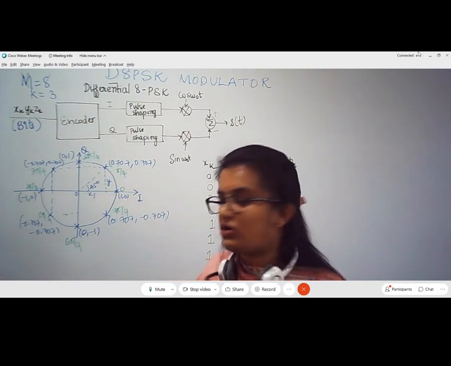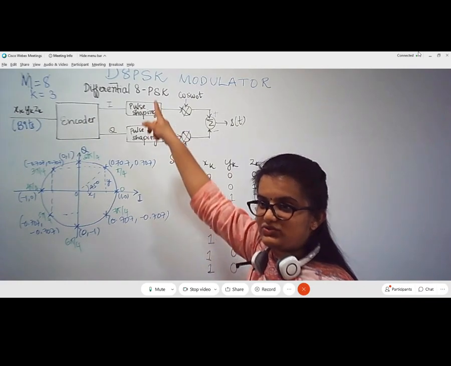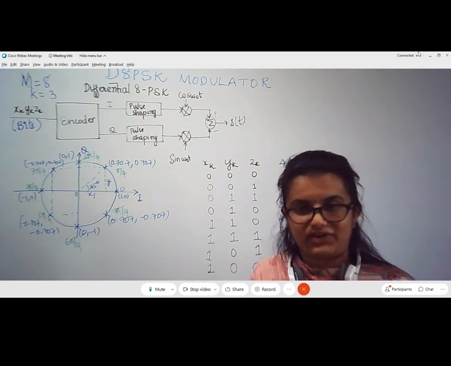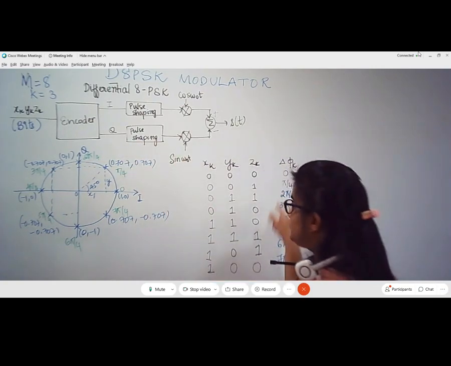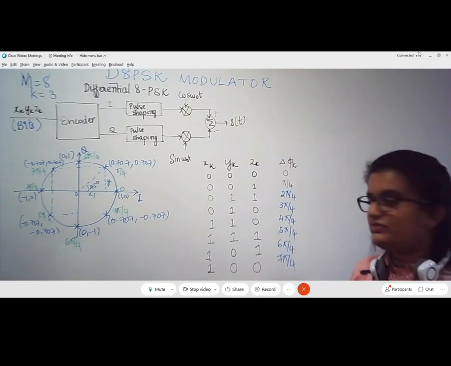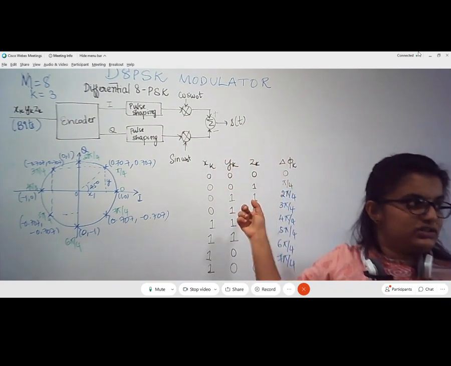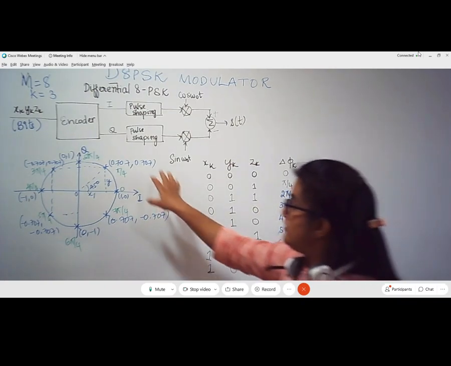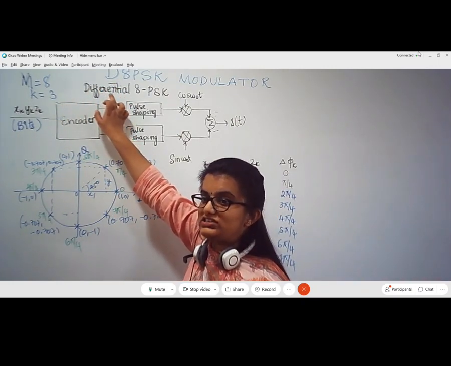And to send that symbol, you are going to assign a carrier waveform. To do the carrier assignment, I need phase, because we are talking about phase shift keying. All the 8 symbols should have their own unique phase. So, to give the particular phase for each bit combination, we have used the gray coding method, where we have encoded. Now we have made the message symbols to be assigned with the individual phases, and we call this a phase difference.